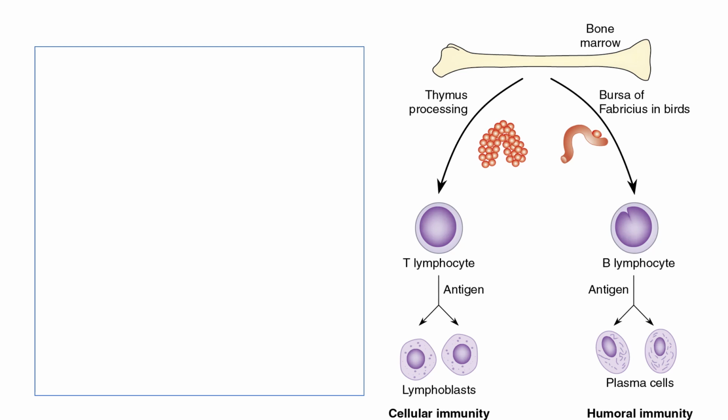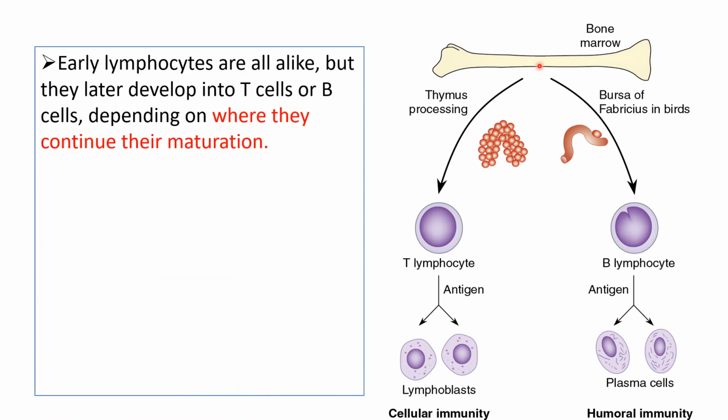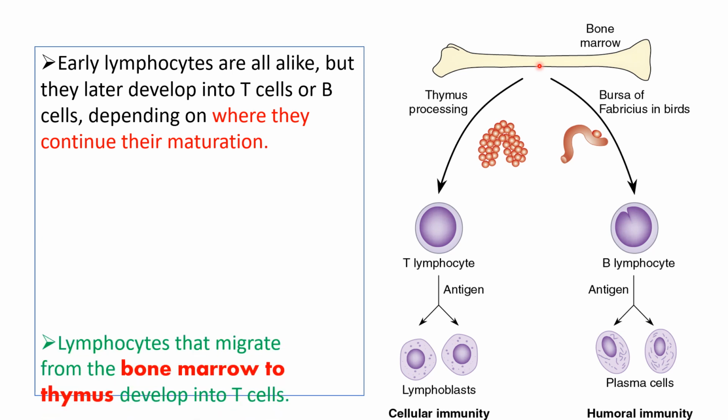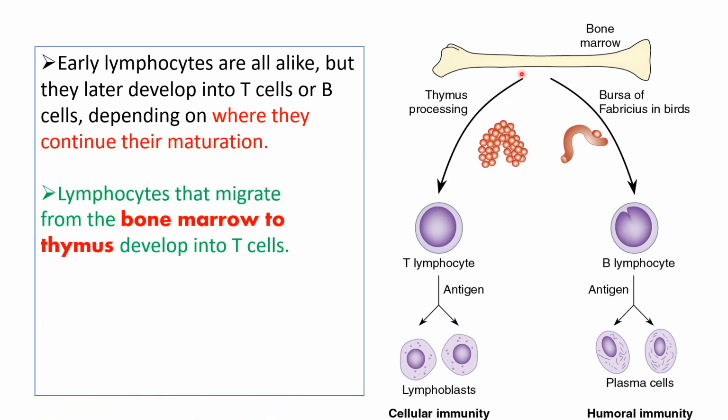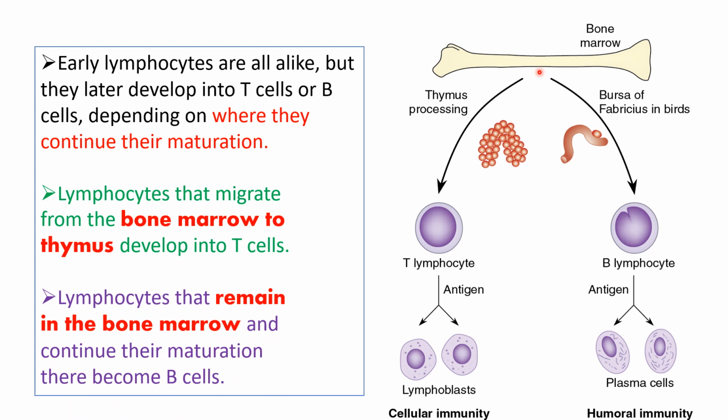All the cellular elements which are involved in acquired immune response originate from these pluripotent stem cells which are present in the bone marrow. Now they can have two modes. One, they may migrate from the bone marrow into the thymus and then develop into the T cell, or they may continue to remain in the bone marrow and then form the B lymphocytes. So this bone marrow and the thymus are together known by the name of primary lymphoid organs.